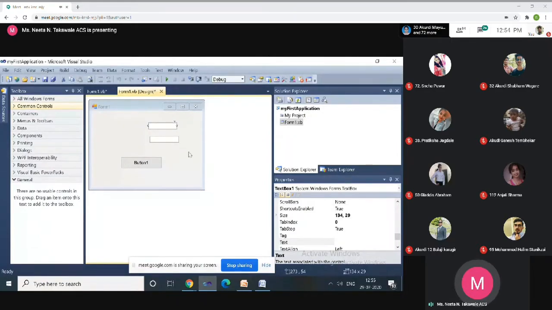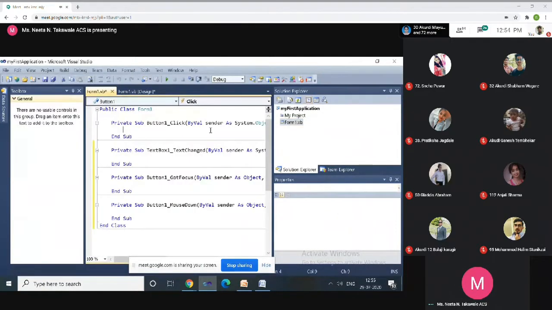तर मग मी काय करणार, what I will do, I will write a code within the click event, that is addition of that two numbers. Okay, but for example another user wants when that button will get a focus. Okay, when button will get a focus. Now what is the focus?